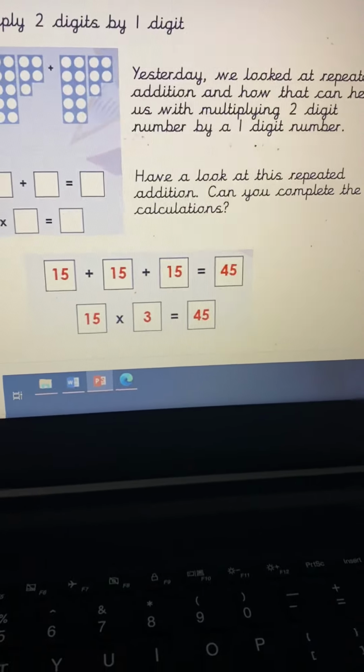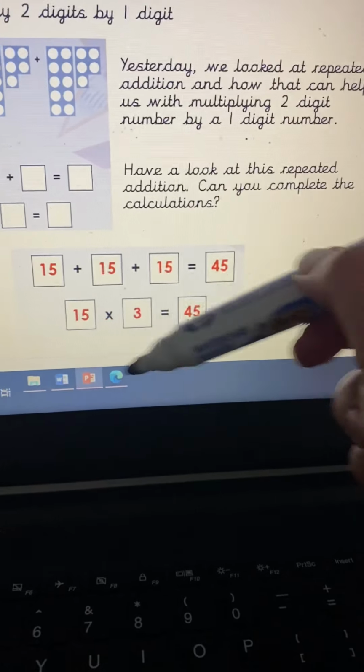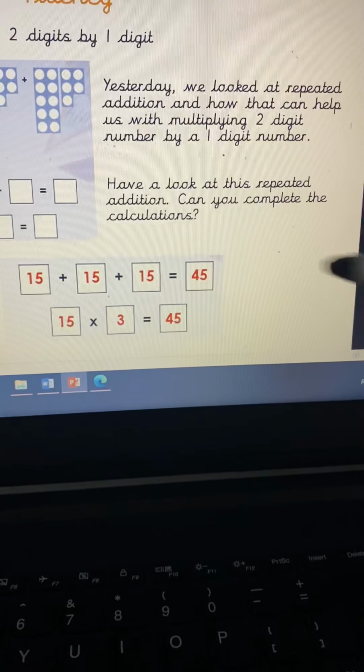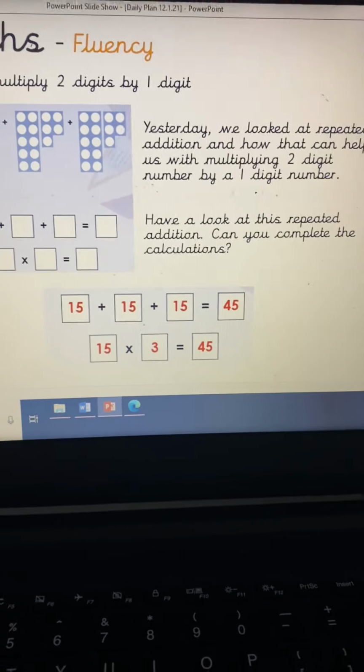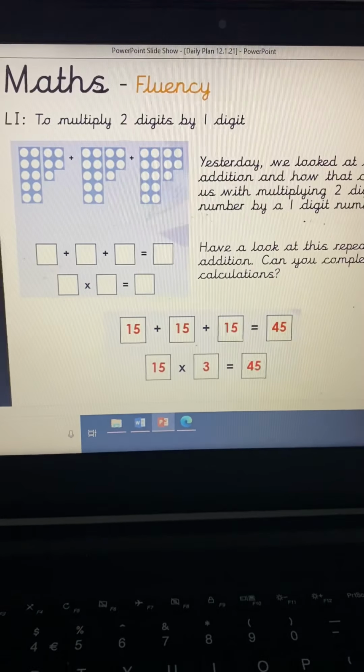Perfect. There you can see we've got our repeated addition here and our column. Brilliant. This is looking great. Can't wait to see what you're going to send through. Okay, so